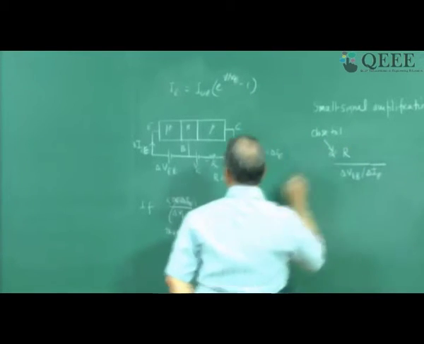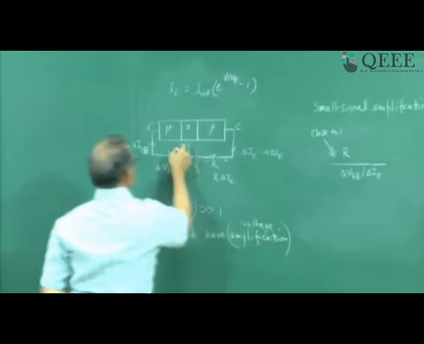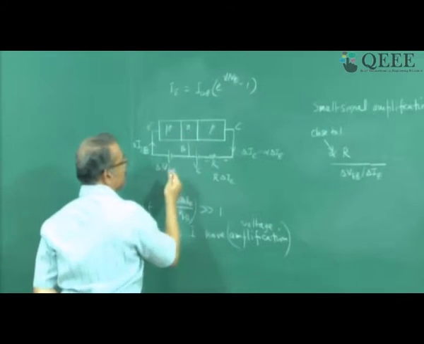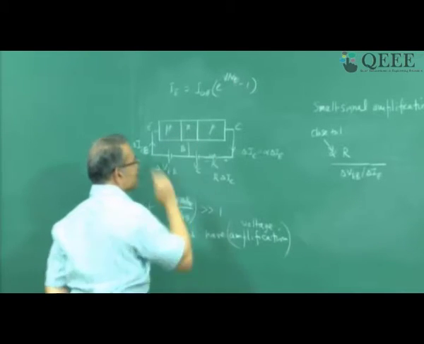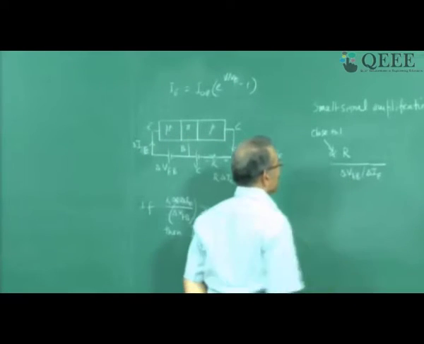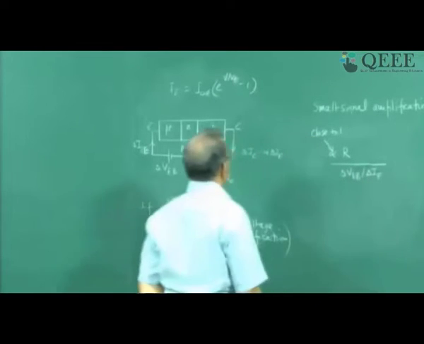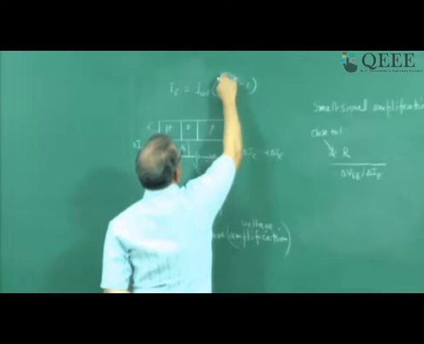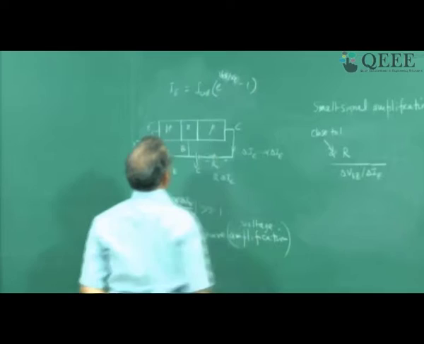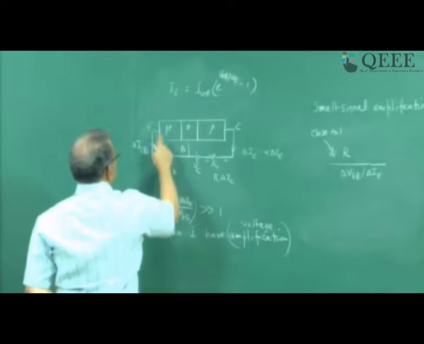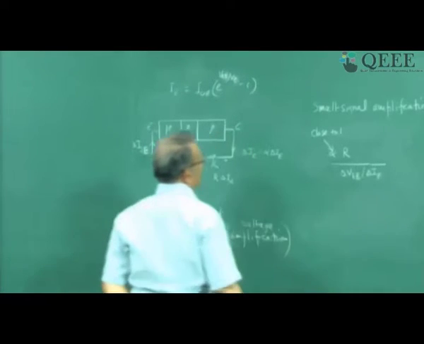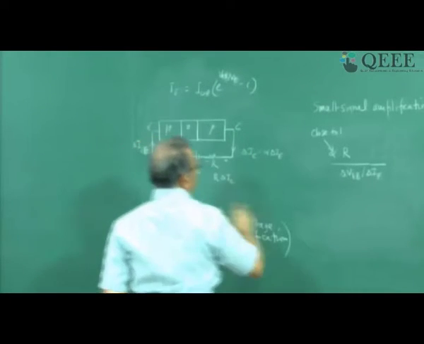So I should compare this resistance R with the small signal resistance of the diode. That is a transfer resistor, right? The current is being transferred from a small resistance to a larger resistance. So this is the small resistance. How much is this? Now this is your equation for IE as a function of, this is VEB. So IE versus VEB, this is your equation. From here I can find out delta VEB by delta IE. How much is it? Let us differentiate this.